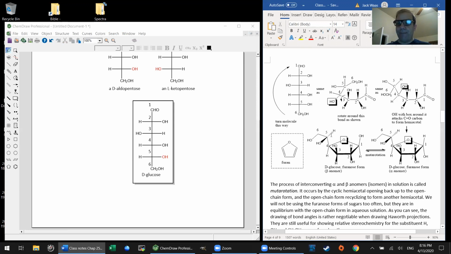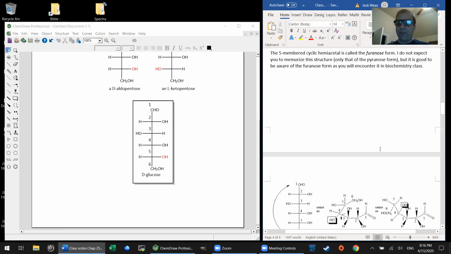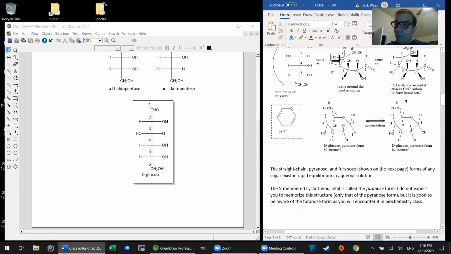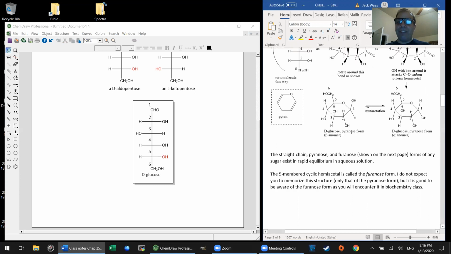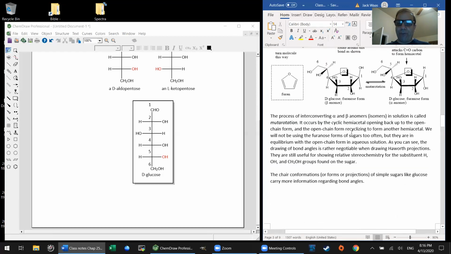Furan is the parent compound. And I did the same thing here. I showed you how to get step-by-step from the straight chain form to these furanose forms. So you will need to be able to draw either the straight chain form of glucose or the two pyranose forms in both Haworth projections and, get ready to go back to cyclohexanes, also in their chair forms.